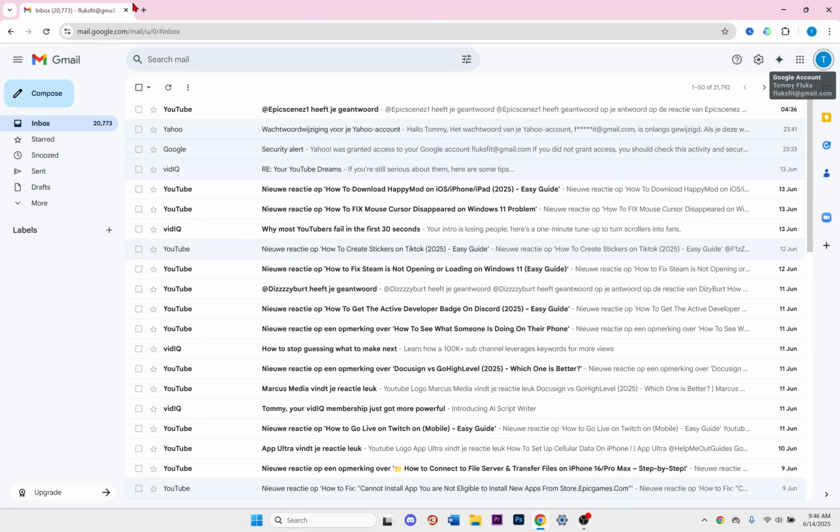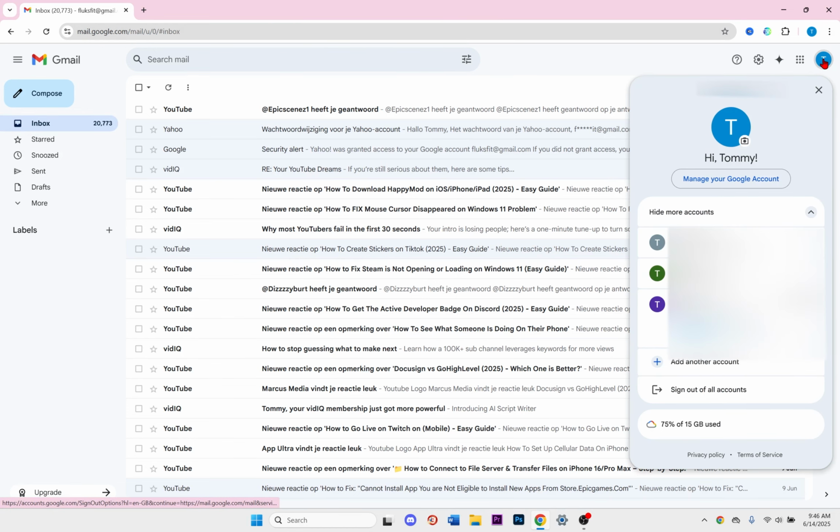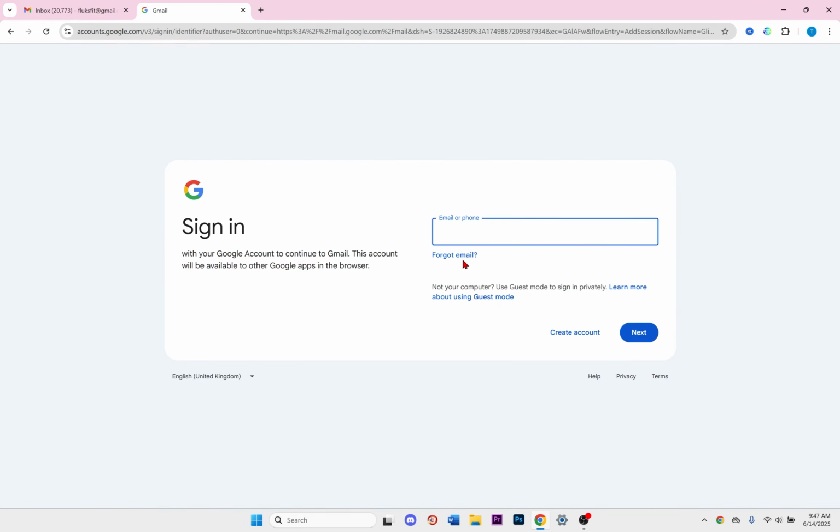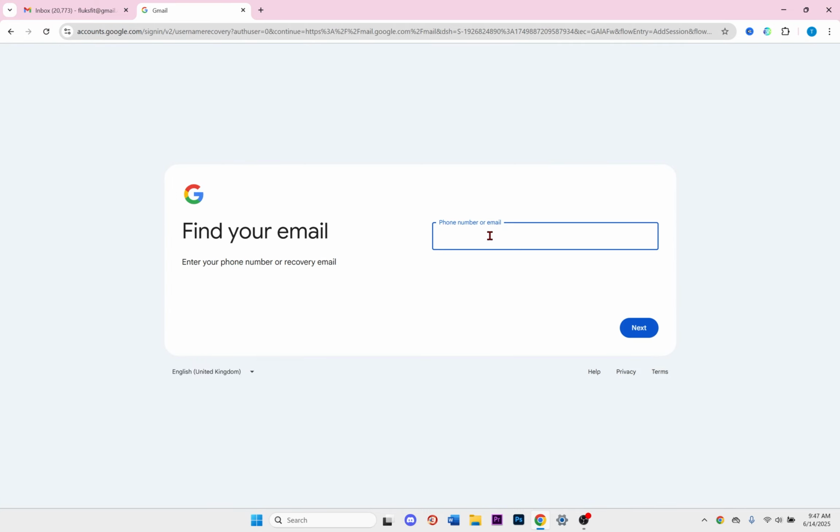number. And for this we go to our Gmail and then we click here on our account sign and then we go to add another account just to log in. Then we click on use another account and then we click on forgot email. Then from now write down your phone number